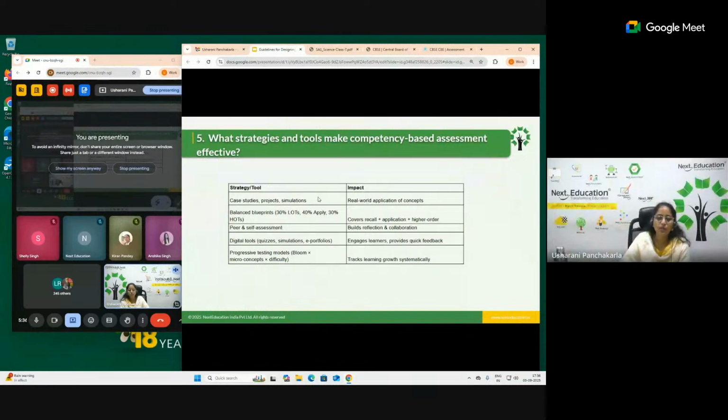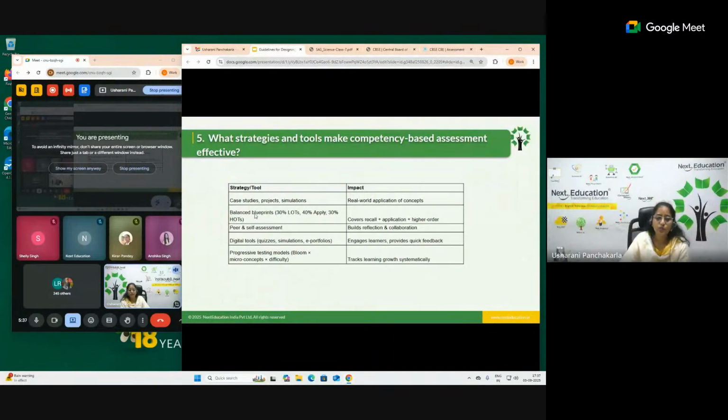So in this, mostly we make the student connect, as I said here, bridging the gap between what is being taught in the textbook and what is actually happening in the industry. That is where the practice or the practicals come in. So bridging the gap between the textbook content and the practicals using these case studies, projects and simulations. And that is where the impact is, the real-world application of the concept. So we are making the student industry ready, or making him enter into the 21st century.